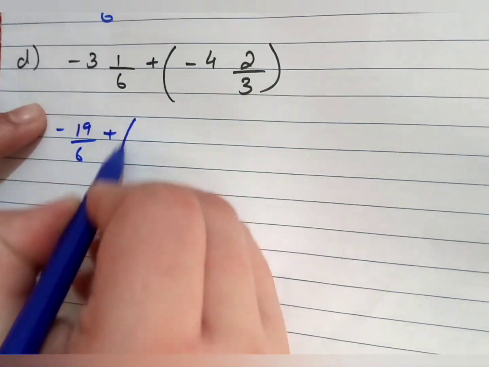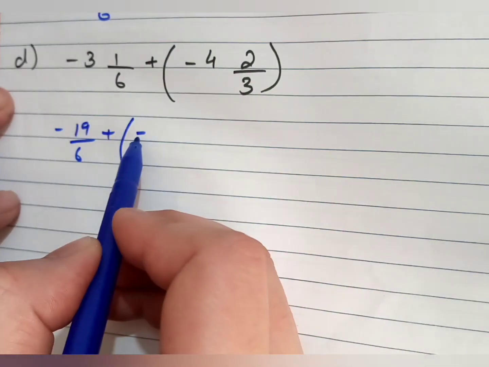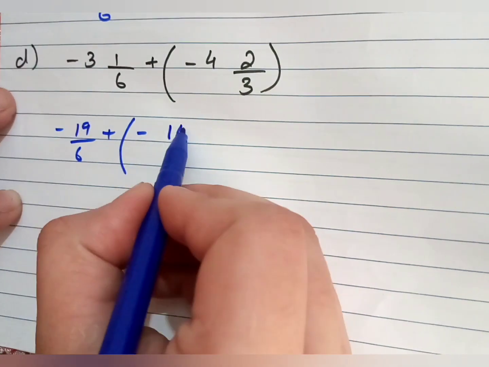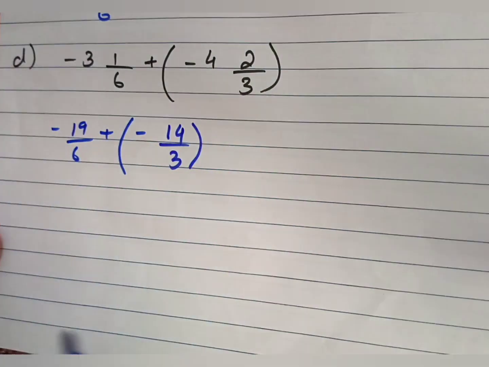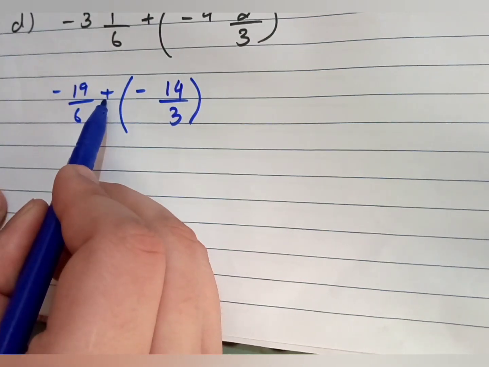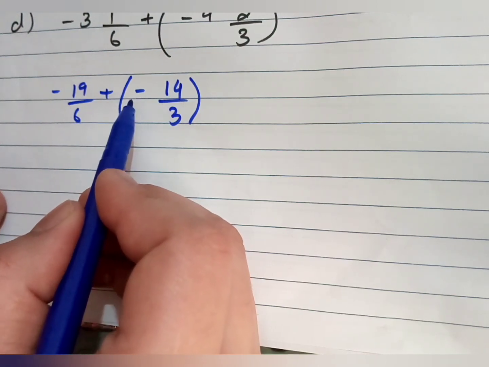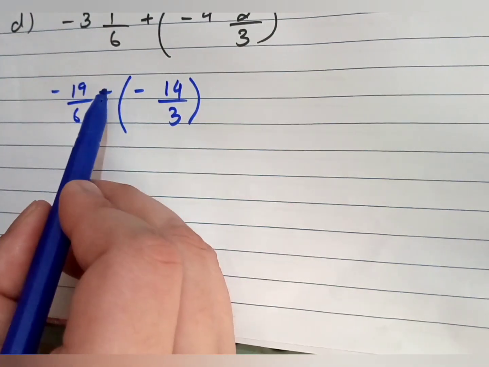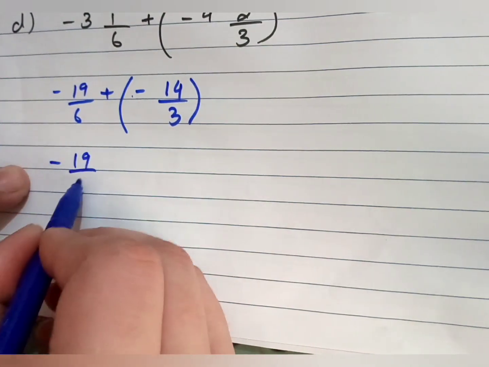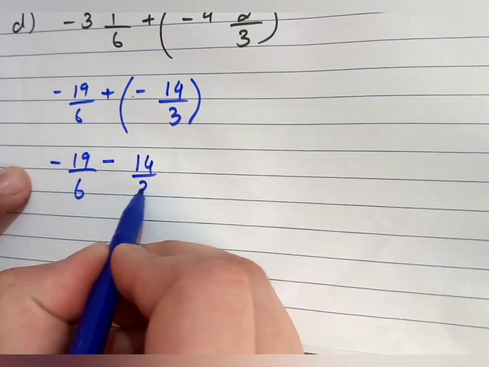First we solve the mixed fraction. Put this minus sign as it is. 3 4s are 12 plus 2, 14. 14 by 3. Now in the next step we will solve this bracket. Again you can see that we have a plus sign outside the bracket, so the inner sign will remain the same. And the second concept is that in multiplication, plus minus will become minus. Minus 19 by 6, plus minus will become minus, and 14 by 3.